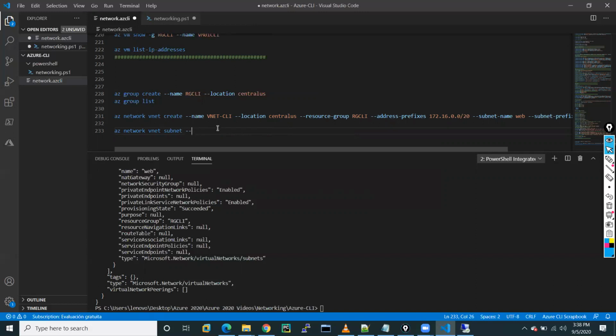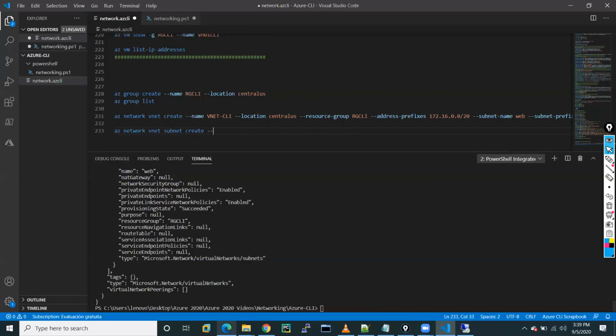So you will get all the options here. This delegation is available, create hyphen name, it will give you that option.